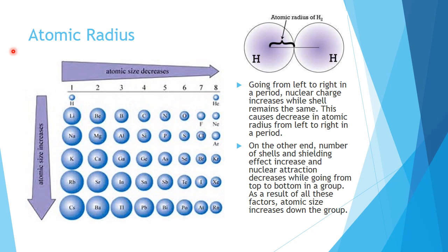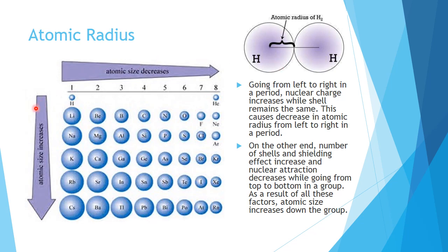Atomic radius refers to the distance from the nucleus to the outermost shell of an atom. We know that the outermost shell is not a physical quantity. Therefore, atomic radius is generally measured by forming a covalent bond in a diatomic gaseous molecule. For example, let us take the hydrogen gas molecule. We know that a hydrogen gas molecule is formed by the combination of two hydrogen atoms. So if we measure the bond length of this hydrogen gas molecule and halve it, then the value will be called the atomic radius for one hydrogen atom.